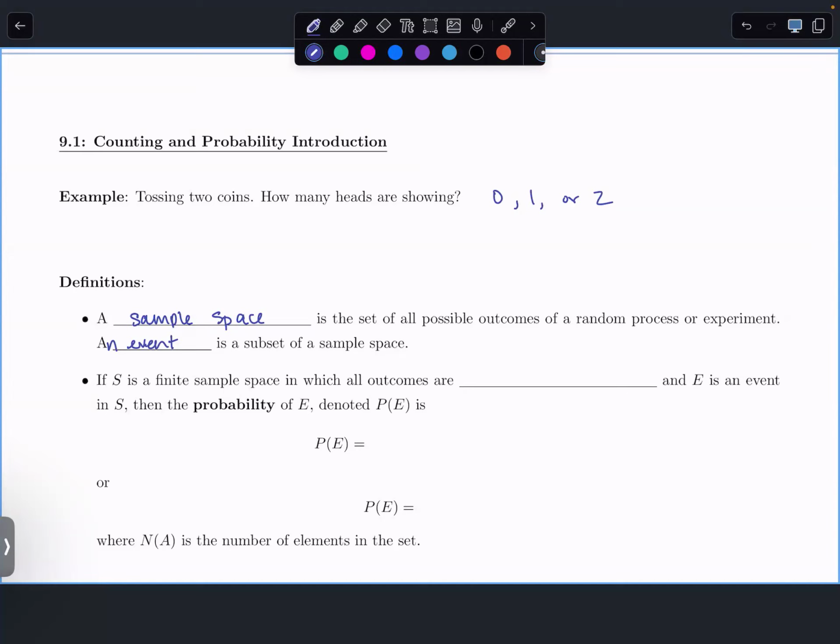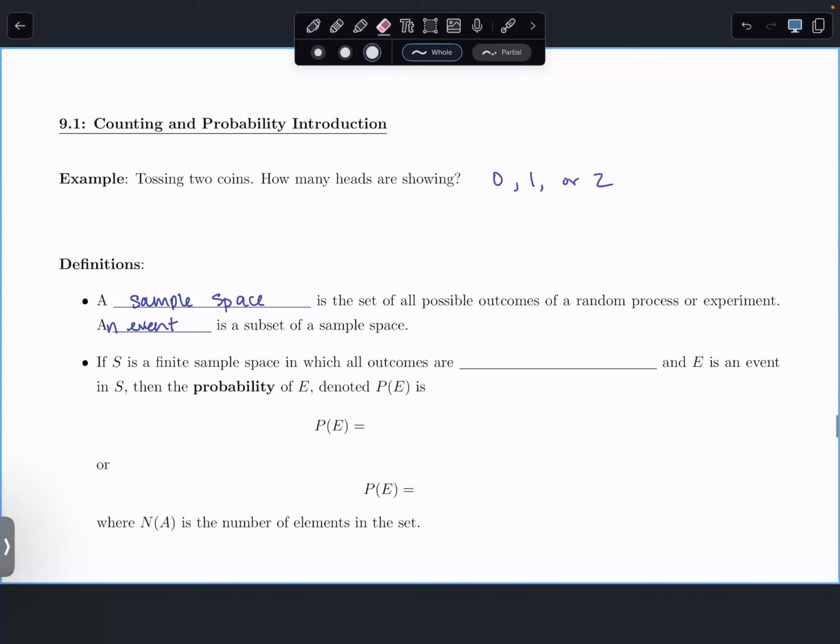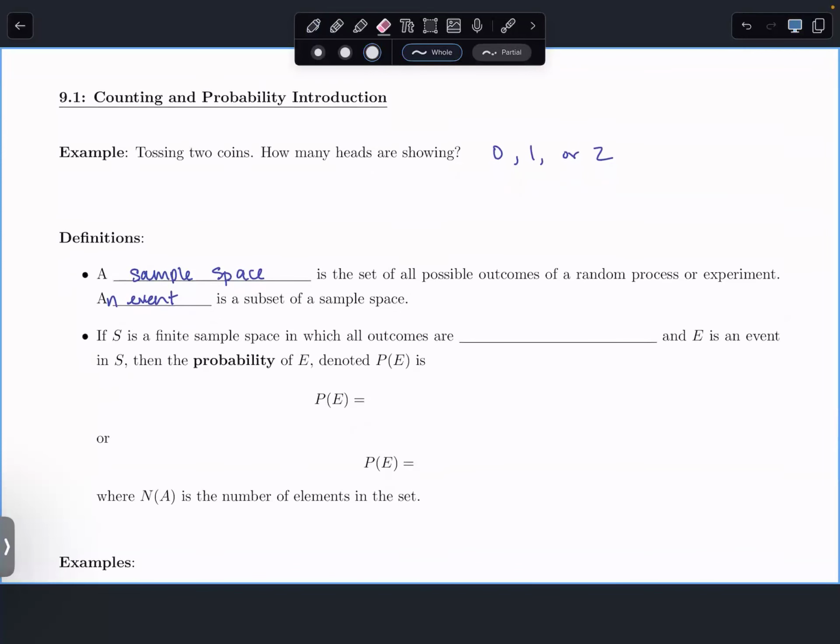We good? No, it could be like the event could be that you get 1 or 2 heads. Yeah. Okay. So if S is a finite sample space in which all outcomes are equally likely,